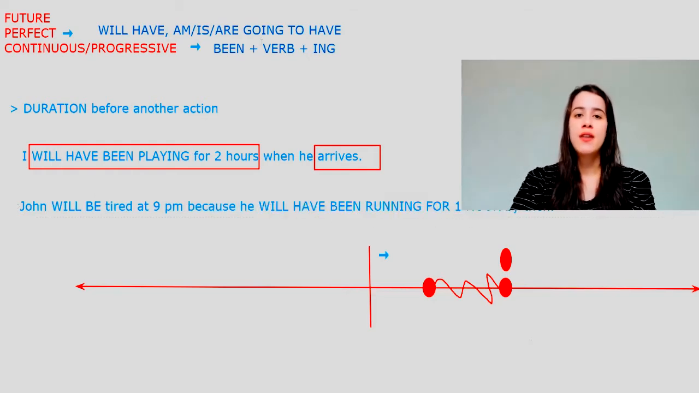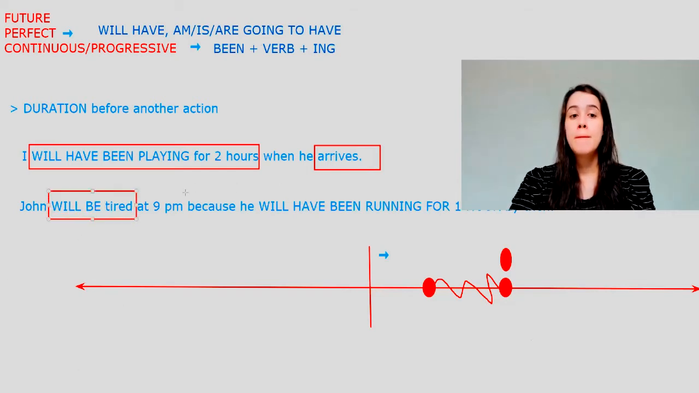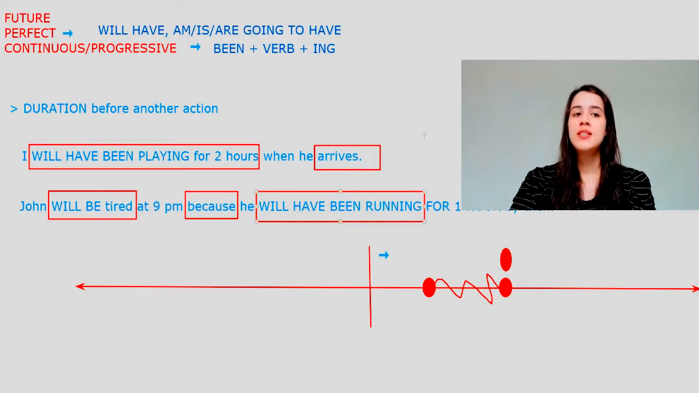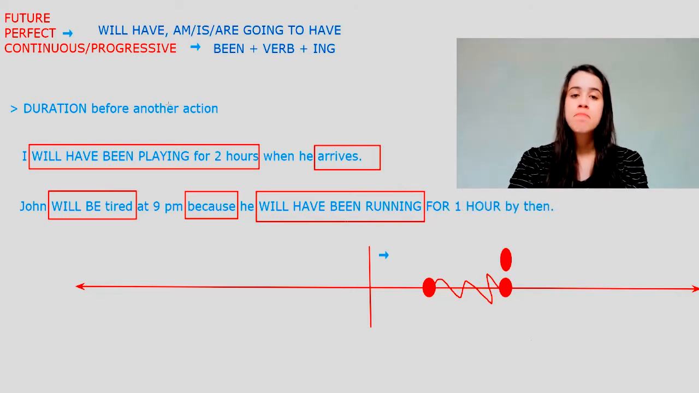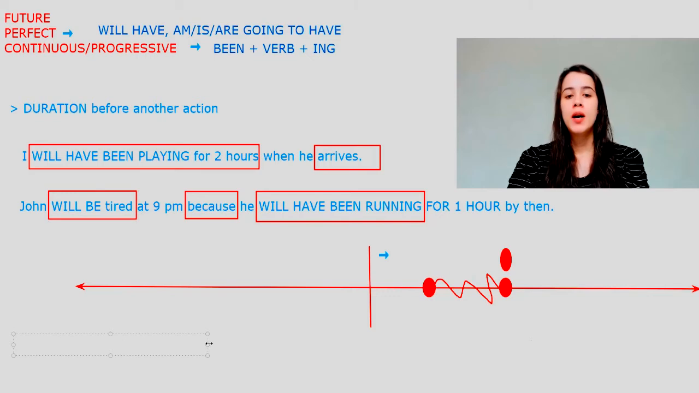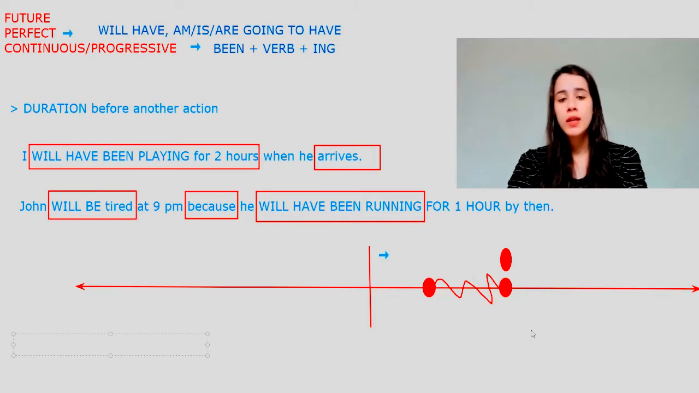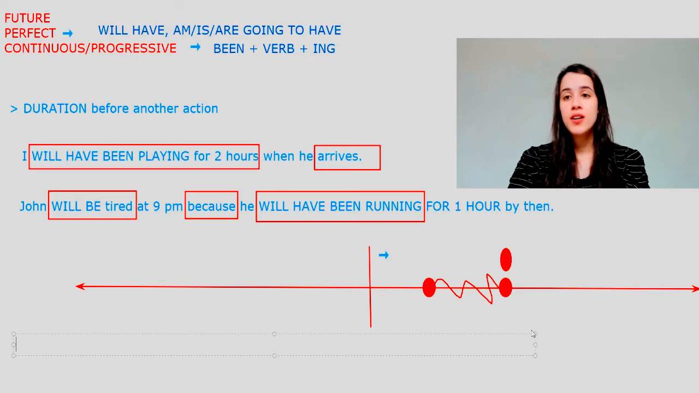Here we have the consequence in the future simple, because the connector of cause and consequence, and will have been running is the future perfect continuous part of the sentence. Okay, good. And the third usage is when we use adverbs like always, only, never, ever, still, just. So when we use adverbs, for example,